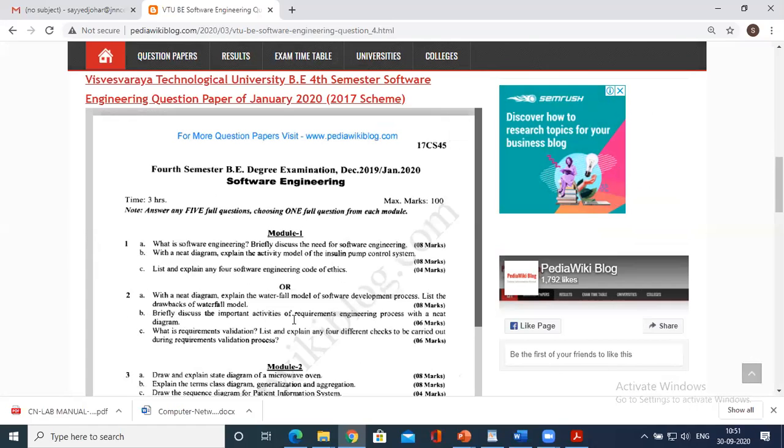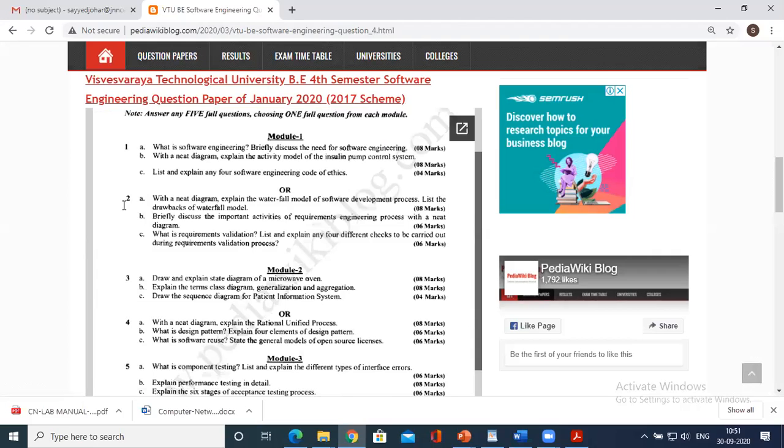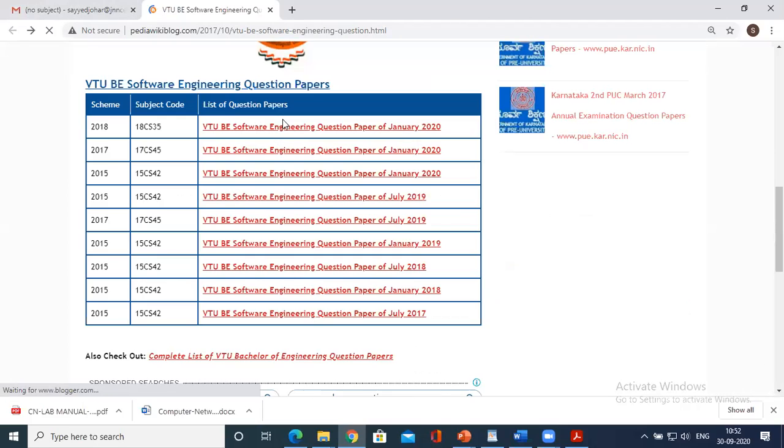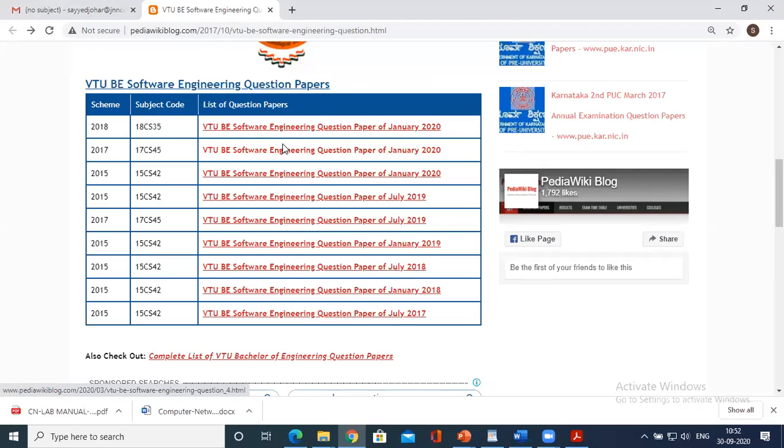Briefly discuss the important activities of the requirement engineering process with a neat diagram. With this concept, we have not come yet. What is requirement validation? I suggest you go through these question papers and design your own question bank on that.